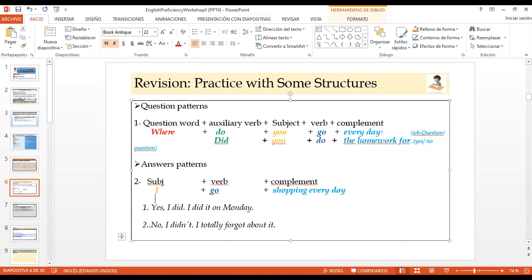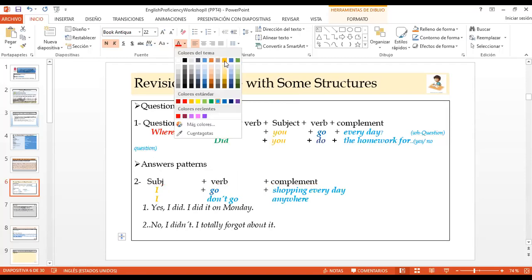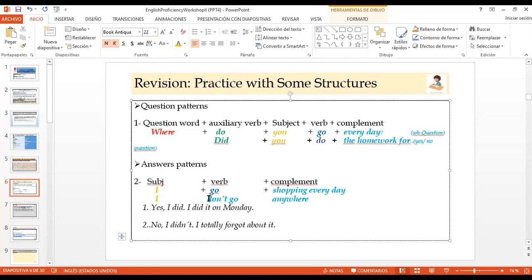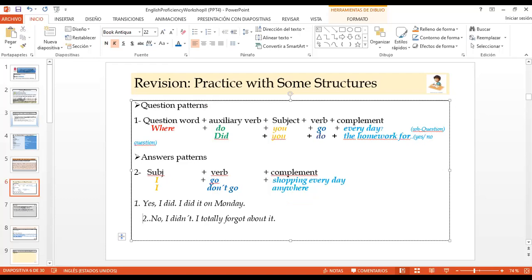Yes, very good option. I don't go anywhere. Any is for negative. Anywhere. En ningún lugar. Yes, I don't go anywhere. Anywhere is negative. Si voy a algún lugar es some. Do you remember? We have to revise those. Somewhere. I go somewhere. Algún lugar. Okay. Or I don't go anywhere. No voy a ningún lugar. Okay. And these are the answers for